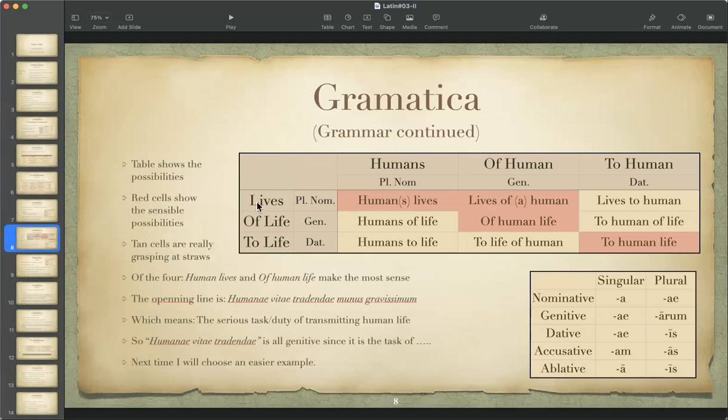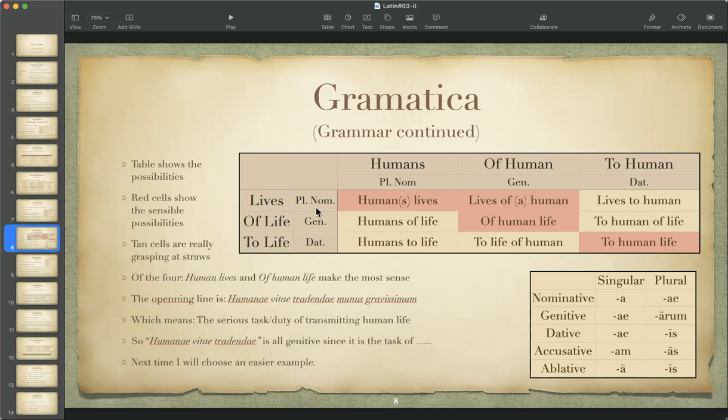So what I did here is I did the plural nominative, the genitive and the dative: lives, of life, to life. And then I did it across the top: humans, of human, to human. And by the way, this is not a way to translate something. If you had to do this every time you wanted to translate something, you'd never get anything done. But by way of example,